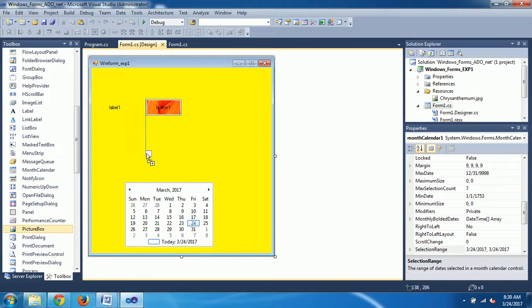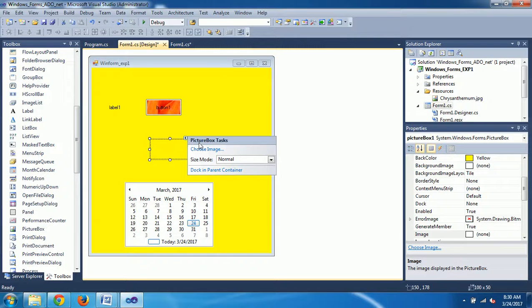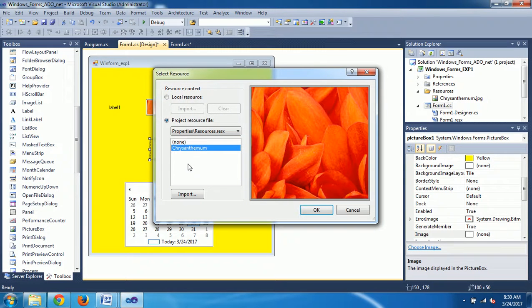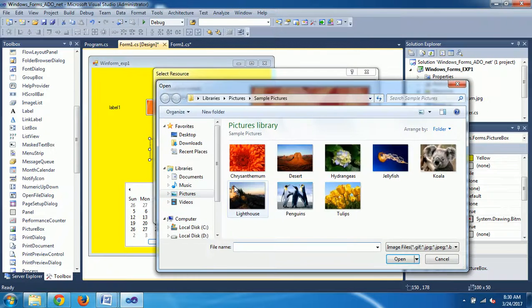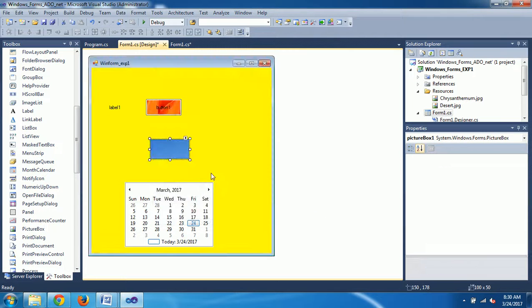Picture box is nothing but you can drag and drop. Here empty will come. Again here you can see a small window, you can choose the image. If you want to use an already existing image, or if you want to import a new image, you can import a new image. And yeah, if you drag a big image,